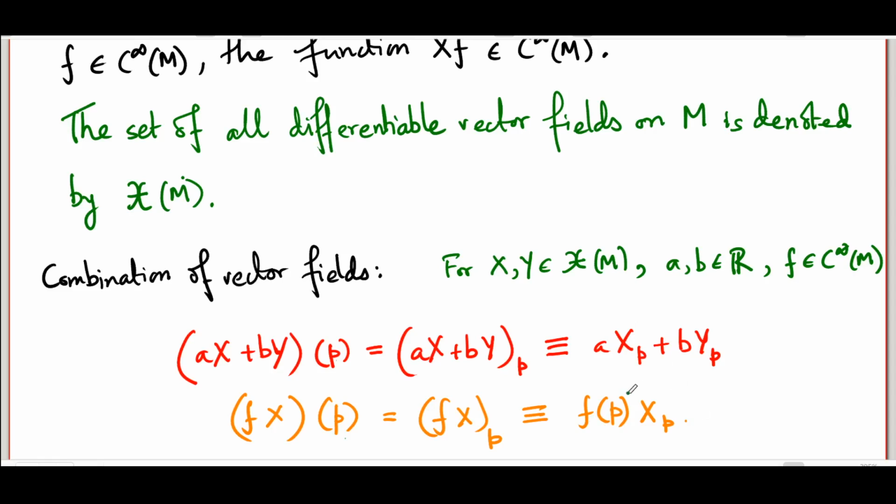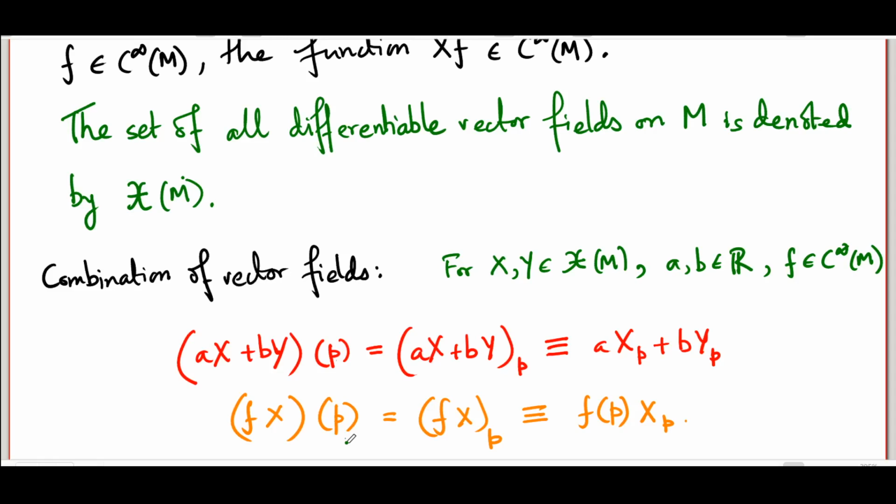And this also is just a multiple of a tangent vector at a point P by a number, the value of the function f at P. So these are both, by design, maps from M to TM, which attaches to every point P of the manifold a vector at that point. So these are vector fields according to our first definition of vector fields.